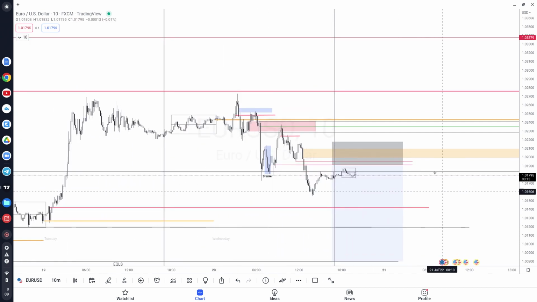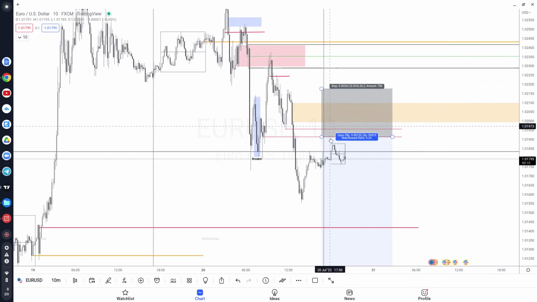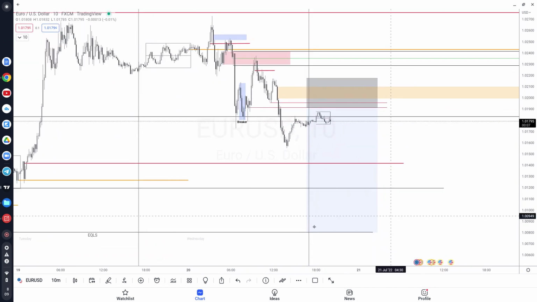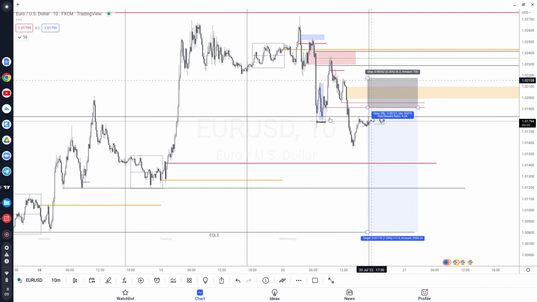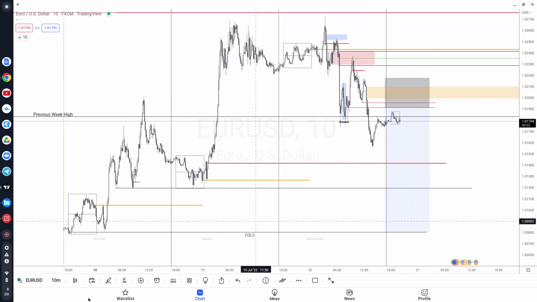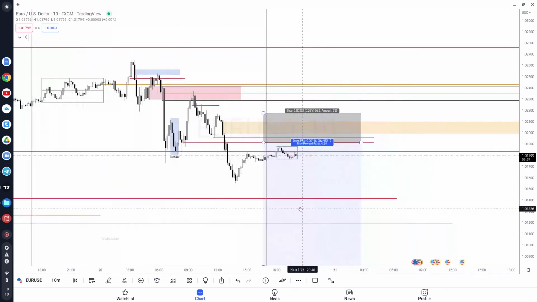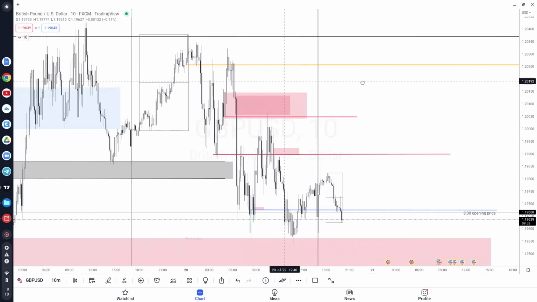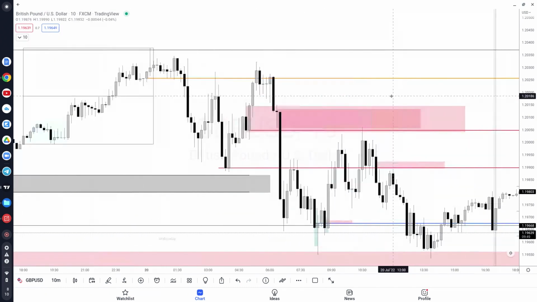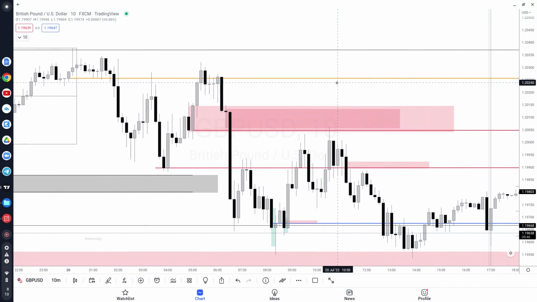So the ideal trade scenario for this, if time is on our side, would be to take shorts here, target these equal lows, and also these equal lows here, right? Hope that makes sense. All right, so that is Euro USD explained. And then if we move to the Pound USD, honestly, the same scenarios. Hang on one second, guys. All right, same scenarios with the Pound USD.